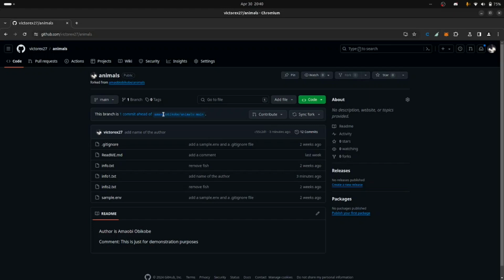If we don't need those changes to be in the main user's code, I can just create a new product from this, right? But for this demonstration, let me send this code back to the owner so that he can also update his own repository with the changes that I have made on my own forked project. So I'm going to come to contribute,